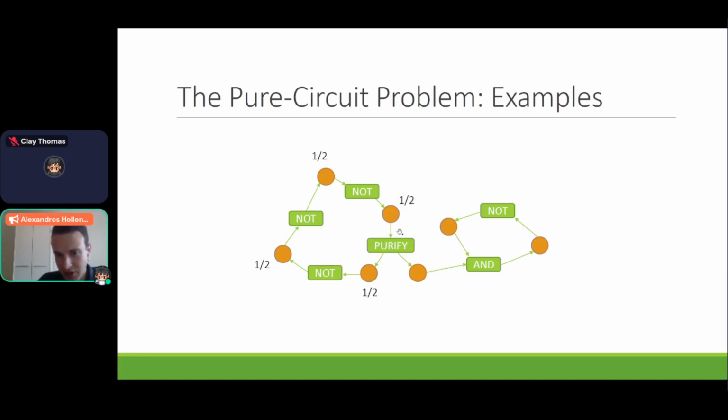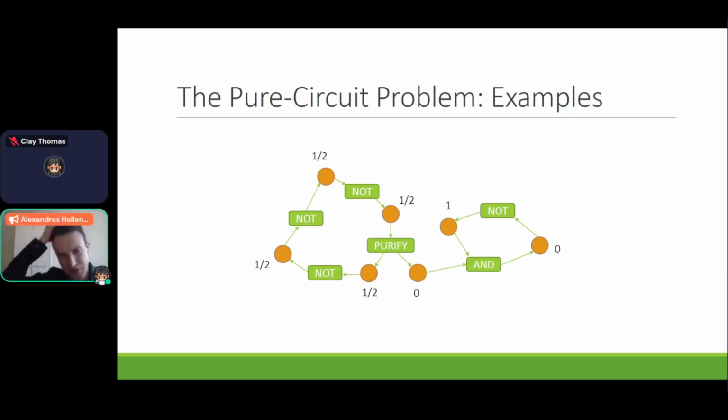And then now, because of the definition of the purification gate, because it gets garbage as input, it means that, okay, this garbage is okay, but one of its outputs has to be a pure bit. It's not going to be this one, apparently, so it has to be this one. Okay, so this output has to be a pure bit. For example, let's put 1. And then you can solve the remaining instance. It's not too hard to see that, for example, putting a garbage bit here and here will work. But you can also put a 0 here if you prefer, and that will also be a solution like that.